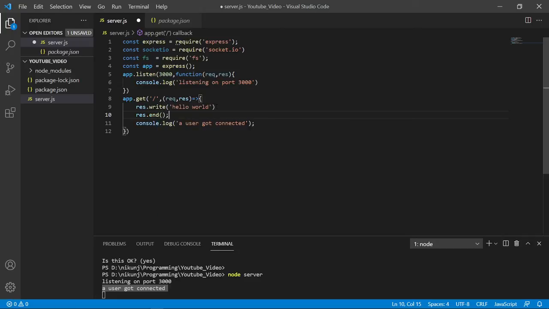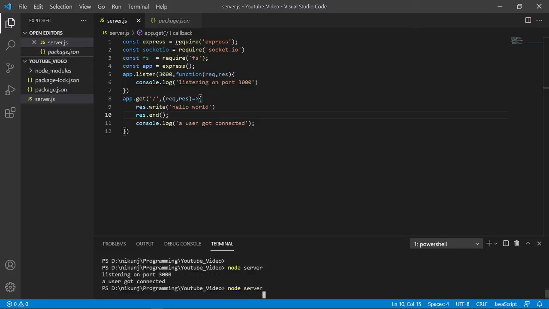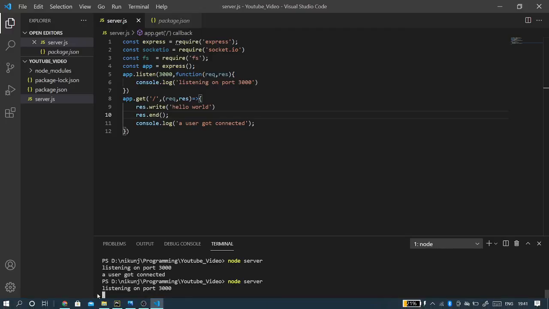Okay, now let us save it, and first you have to cut the running file and then run the file again. I'll give a shortcut method for it, you do not have to worry about this. Once you see here, we have got this hello world printed here. So we have made our first hello world program.